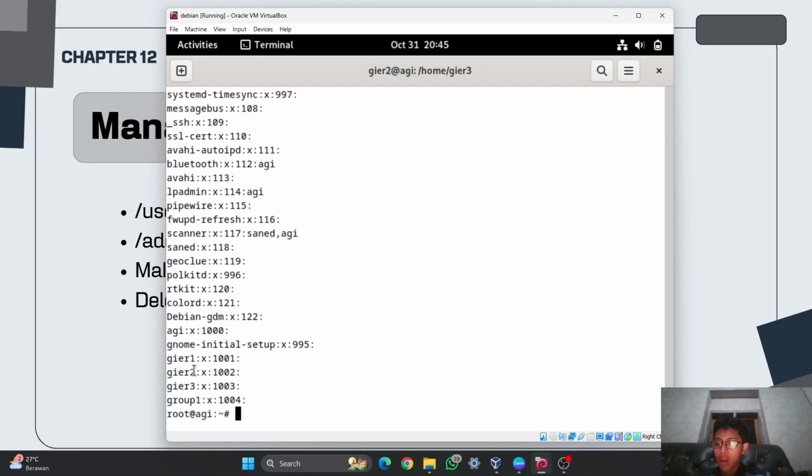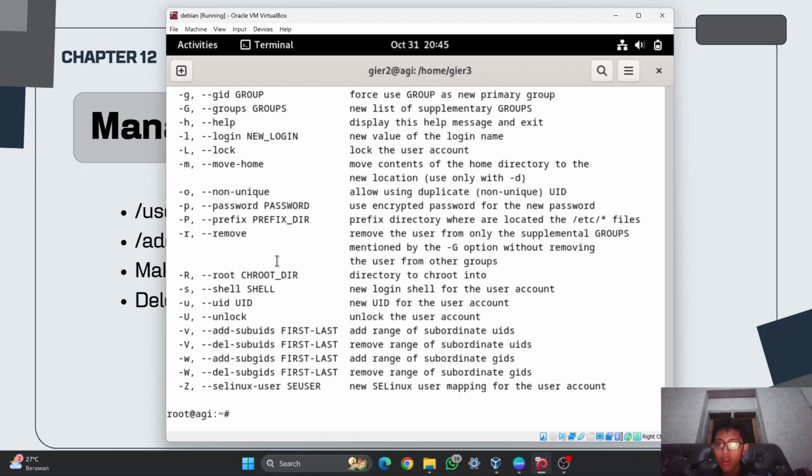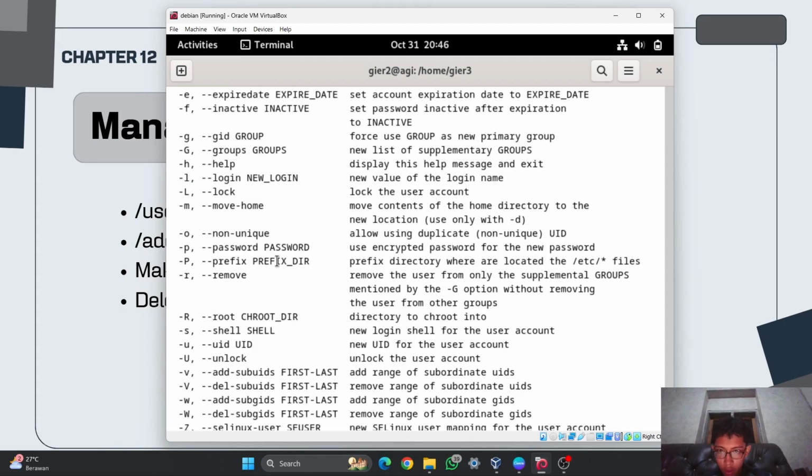First, I want to check the groups of GR2 using /usr/sbin, I will check first usermod, and then I will use --help.